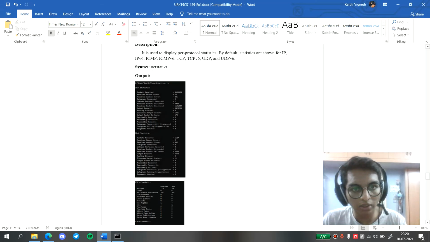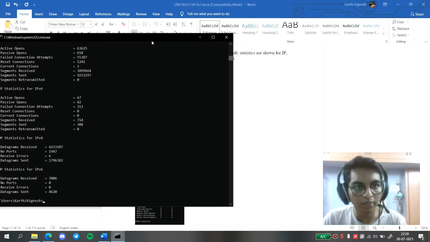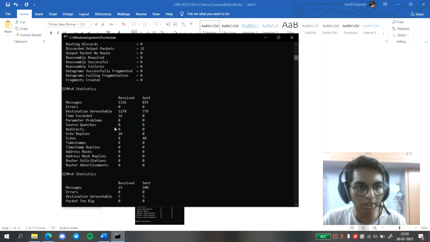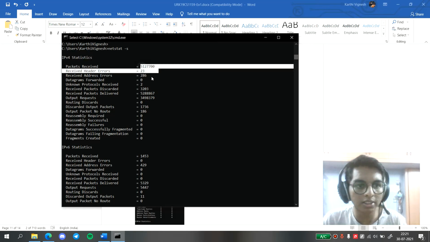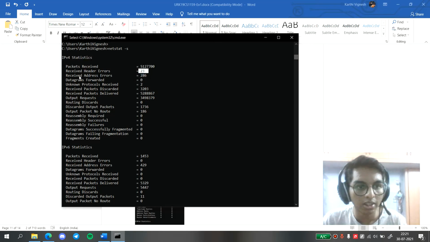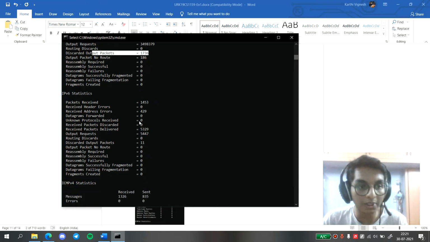and it will show you the per-protocol statistics. I'm just gonna execute it. As you can see, it's a lot of data right here, and we're just gonna go through it. First is the IPv4 general statistics: packets received, received header errors, received address errors, and the packets delivered and the packets we have to discard because they were bad or damaged, and the discarded output packets that we sent but were not properly sent,